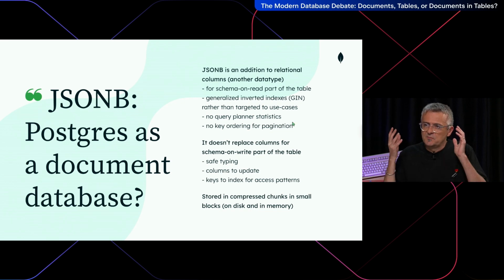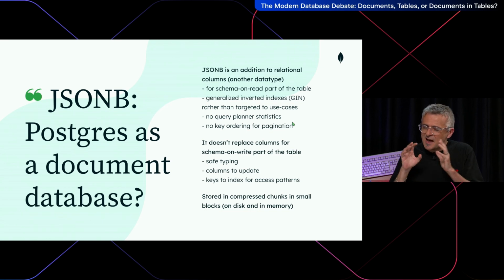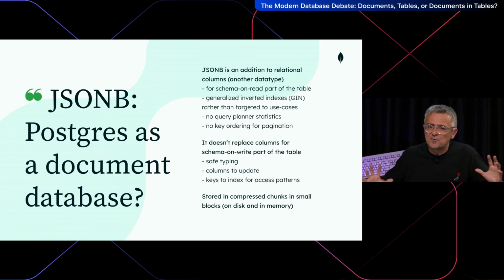And also, what is in JSON is a black box for the optimizer, for the query planner. It doesn't have statistics like in columns. So what I'm trying to say here is that it's very good to have JSON in Postgres, and it's good to have more flexibility, but the idea is not to put everything in a JSON object, because you can do it, but you will suffer from many problems.